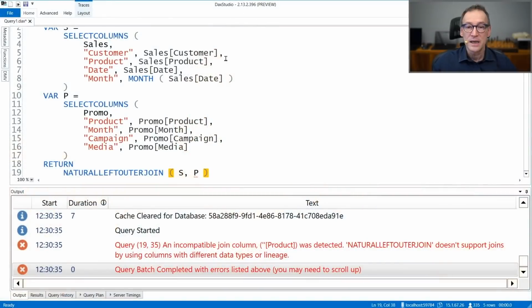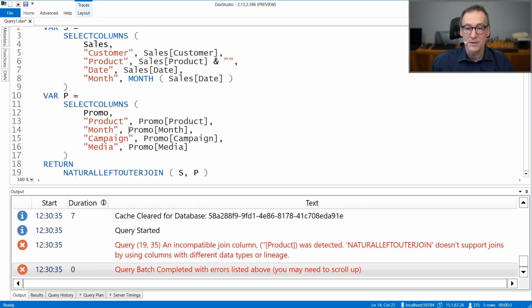Now, to break the lineage, what I need to do is just replace the reference of columns for which I want to do a join. Breaking the lineage, instead of using the column, I will use an expression. I'm not using customer, I'm using product. If I just use sales product, it will keep the existing lineage. I'm gonna break it adding an empty string. The month already does not have a lineage because we are using month.